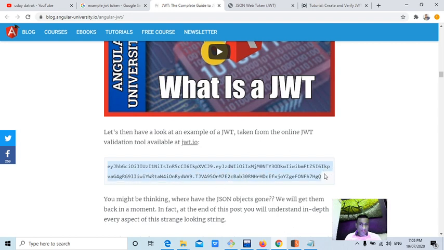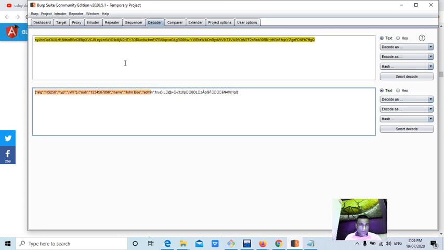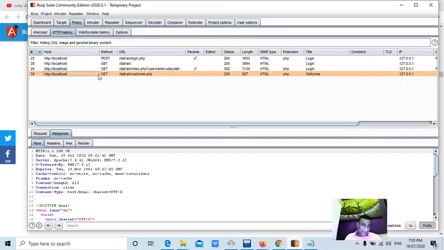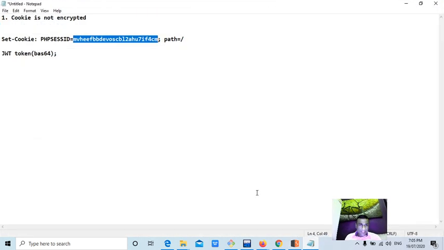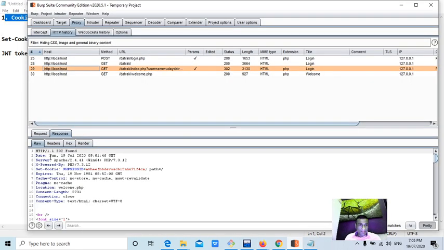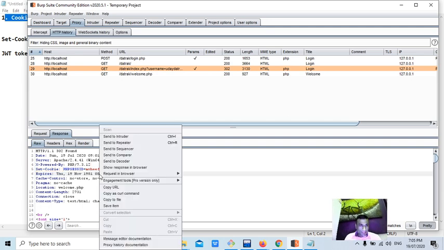And you can also say that sensitive information should not be stored in the cookie, only the session ID should be stored. If you may not understand now, just focus on this issue at this moment. In a later session you can understand how a hacker can exploit by taking that information. Okay, this is a simple issue. Cookie is not encrypted. Whenever you see in the place of set cookie, if you see some other string like email equal to, let me show you,